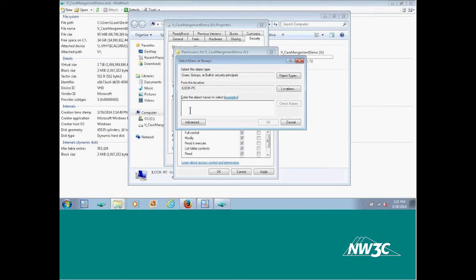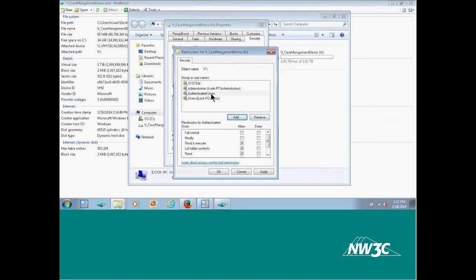Well, for me, if I don't have spell check, I'm not very good at spelling. But I know the first 4 letters of authenticated. So if I just type in the first couple letters and come over to Check Names, it knows, hey, there's a user, authenticated users, is this the one you want? That is the one I want, and I'm going to click OK. It now adds authenticated users back to the list, and with authenticated users selected, I can now check Full Control for authenticated users and click Apply